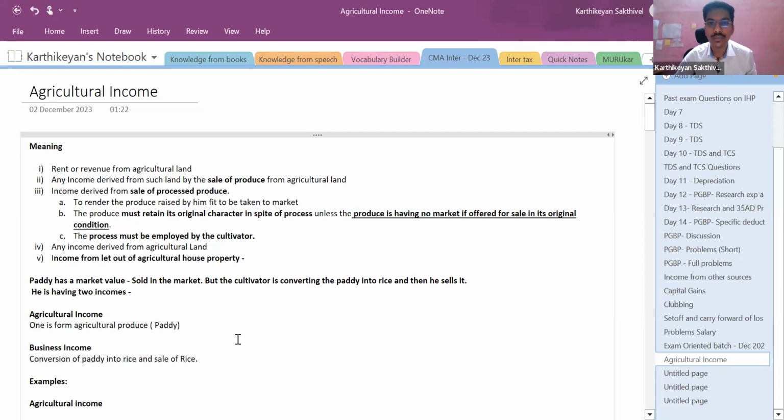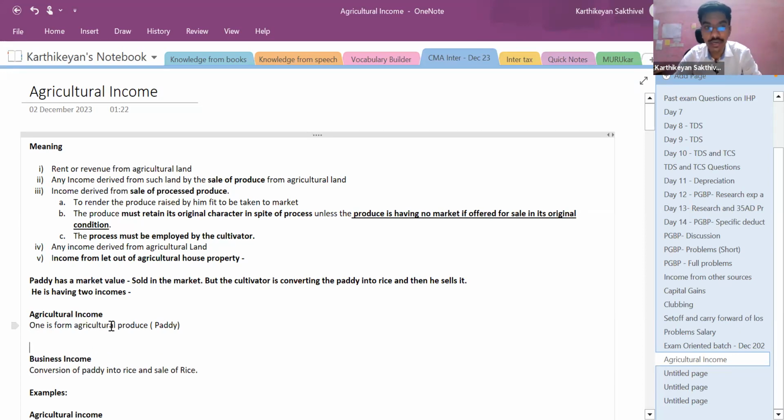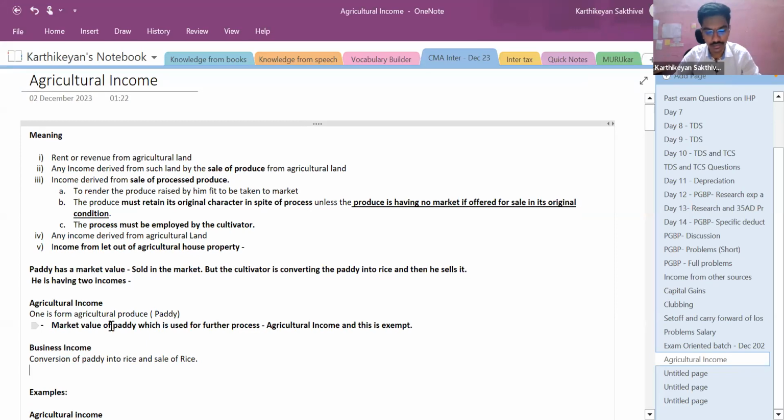Right. So if I look at what the agricultural income is, the market value of paddy which is used for further process is the agricultural income. And this is exempt. Okay, wow. So in the business income, what is his income? Income is